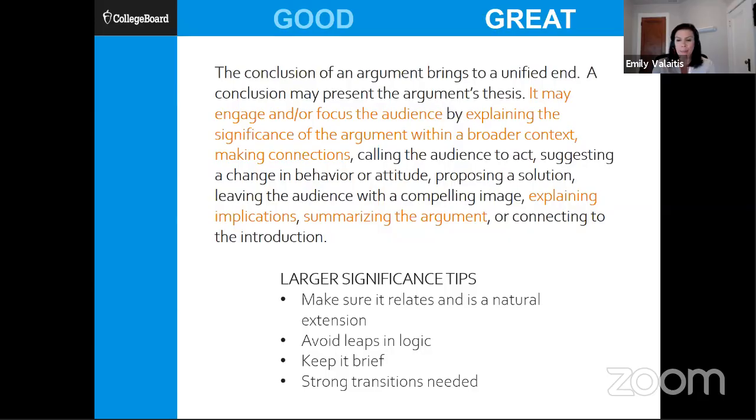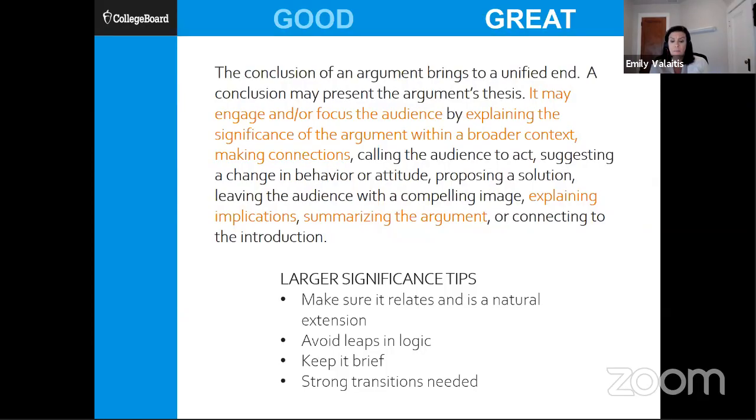Summarizing the argument is kind of obvious. It's just summarizing the issues that are associated with it. This, again, is the subject matter, like women's rights in general, human rights. And I think the one thing I would encourage you guys to do with your tips down below is avoid